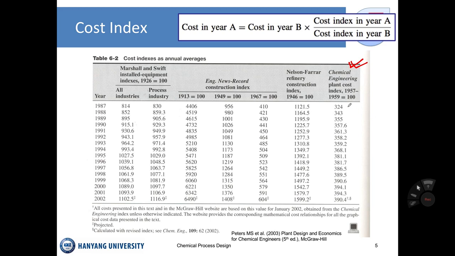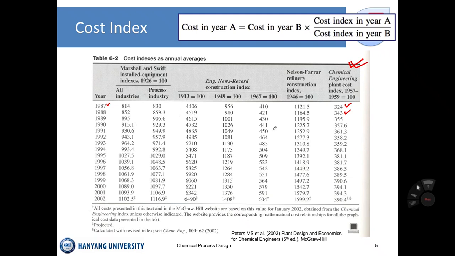So this is based on the index per year. In 1987, the chemical engineering plant cost index is 324. The next year, 343. So this is the year average value for the index. But then if you're looking at some reference, some database, you might have the index based on per month,